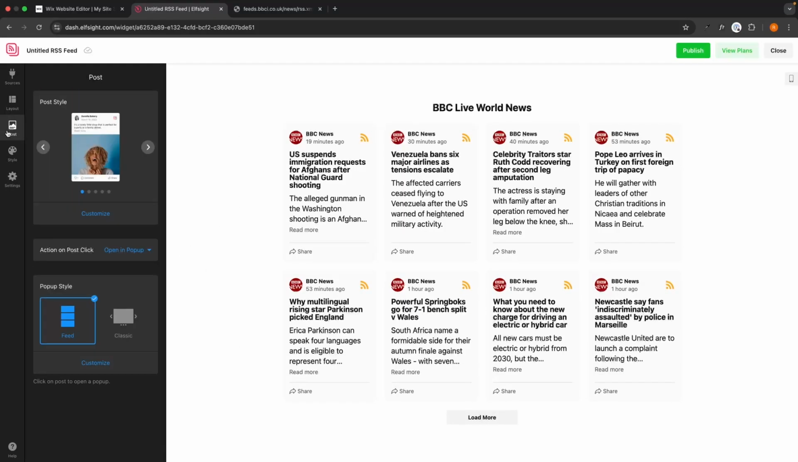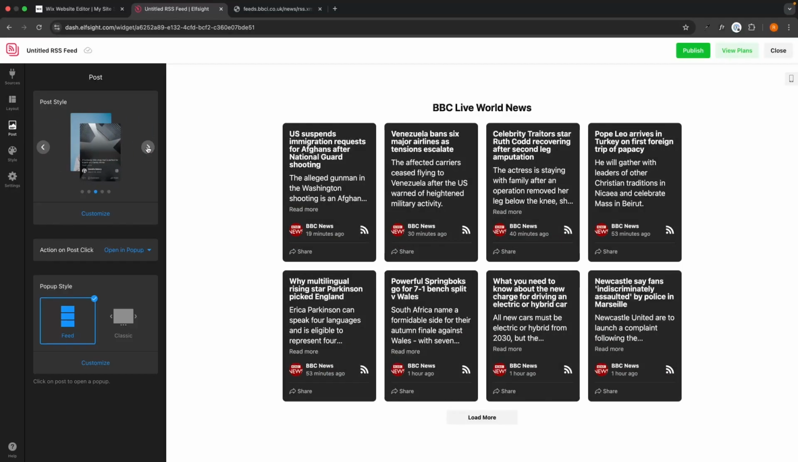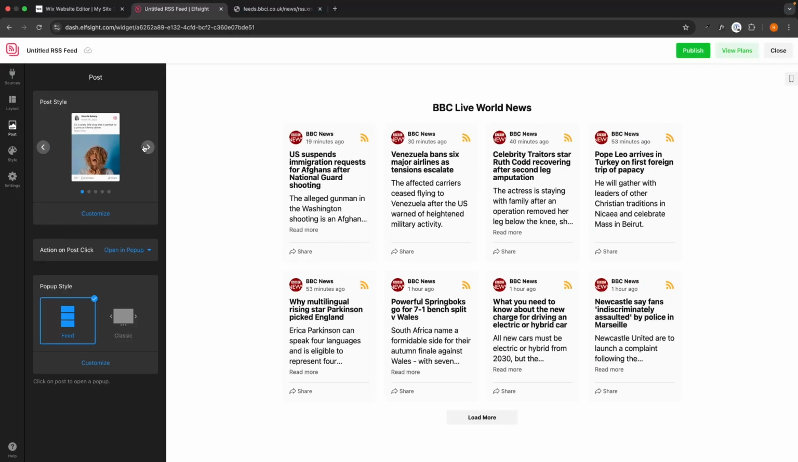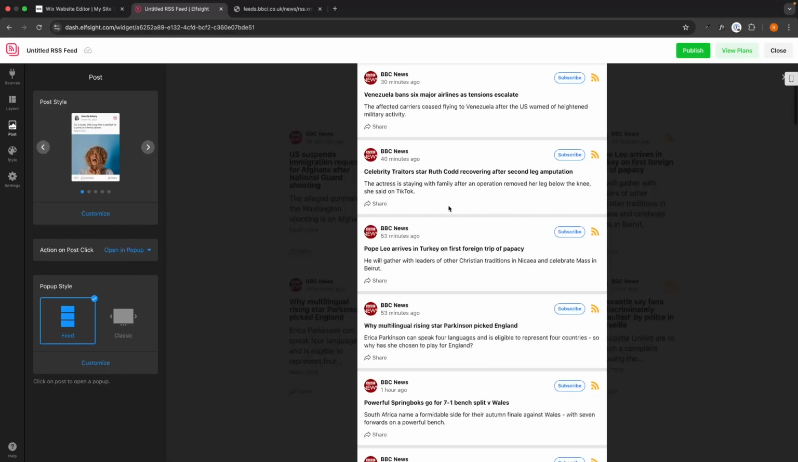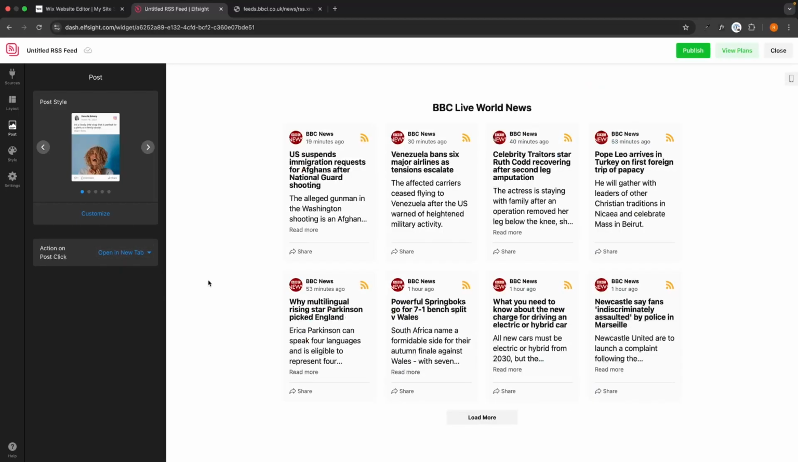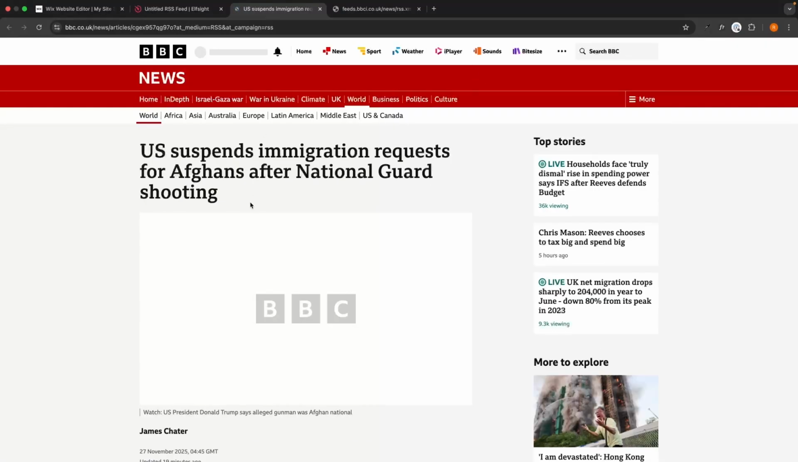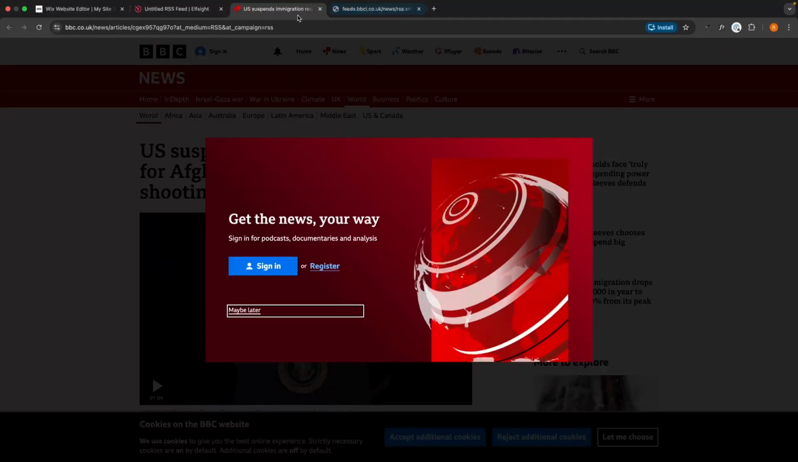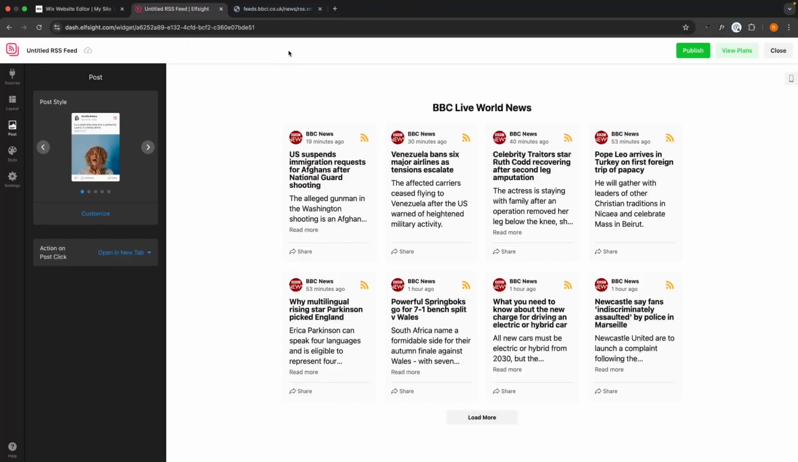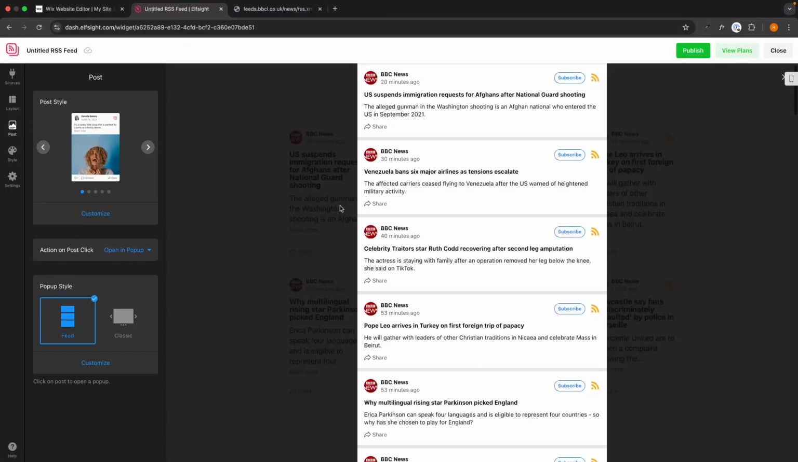Next, we can go down to the posts, and we can choose the post style that we want to use in here. So we can select this. We can choose what happens if somebody clicks into one of these posts. By default, this is going to open up a pop-up, but we can also go to open a new tab. And when people click on this, it will take them over to that article on whichever website you are going to grab this from. So we can select this, we can then go in and we can change the pop-up